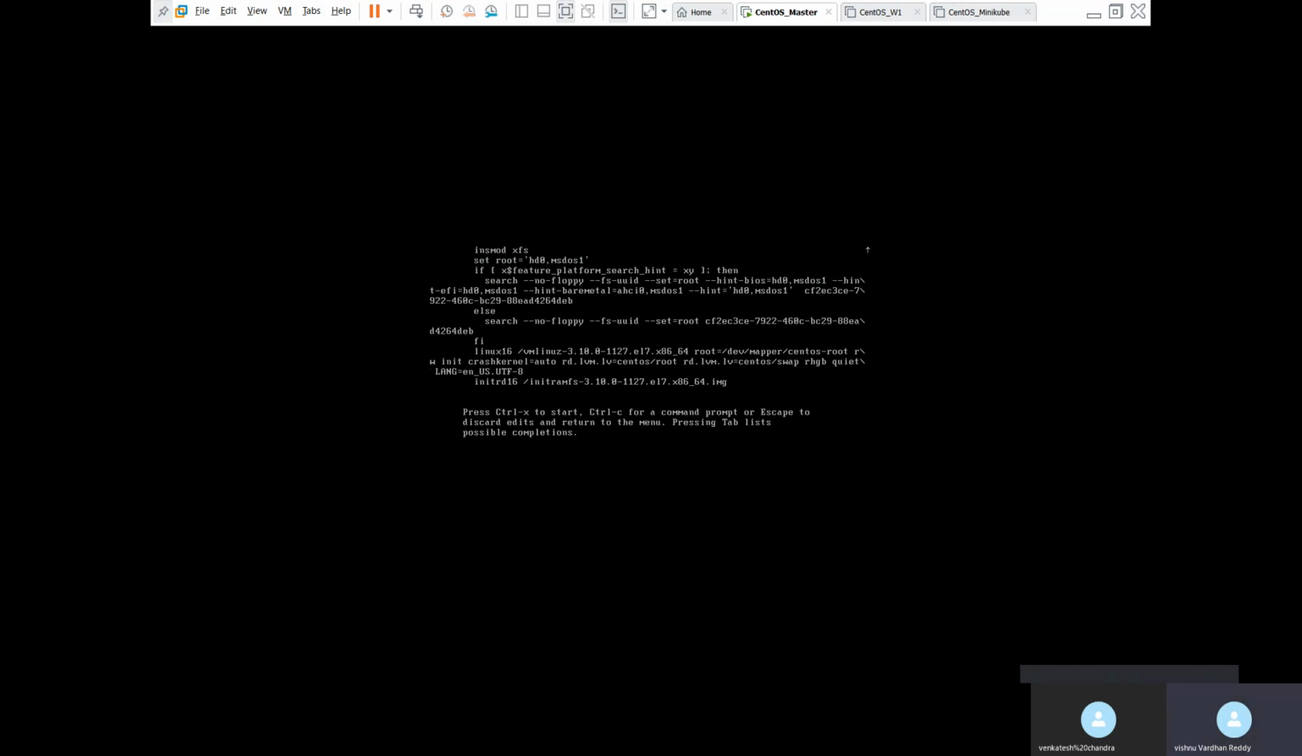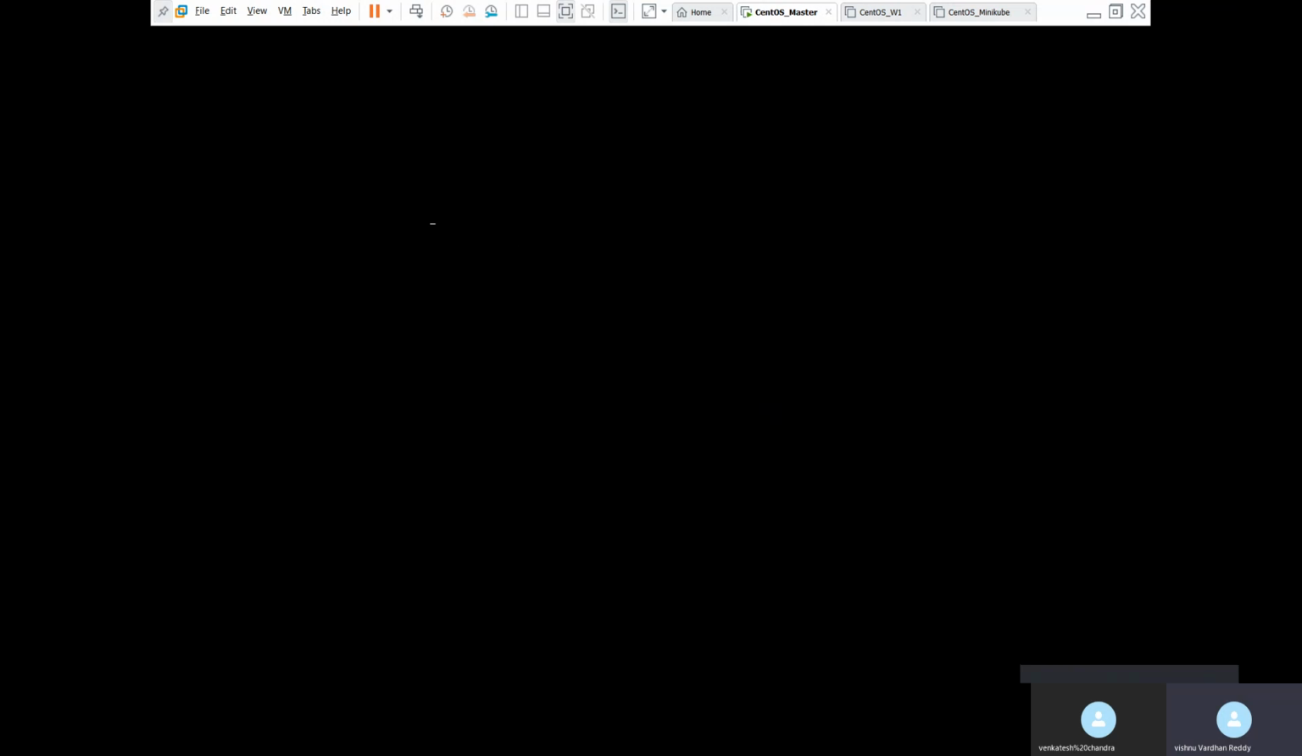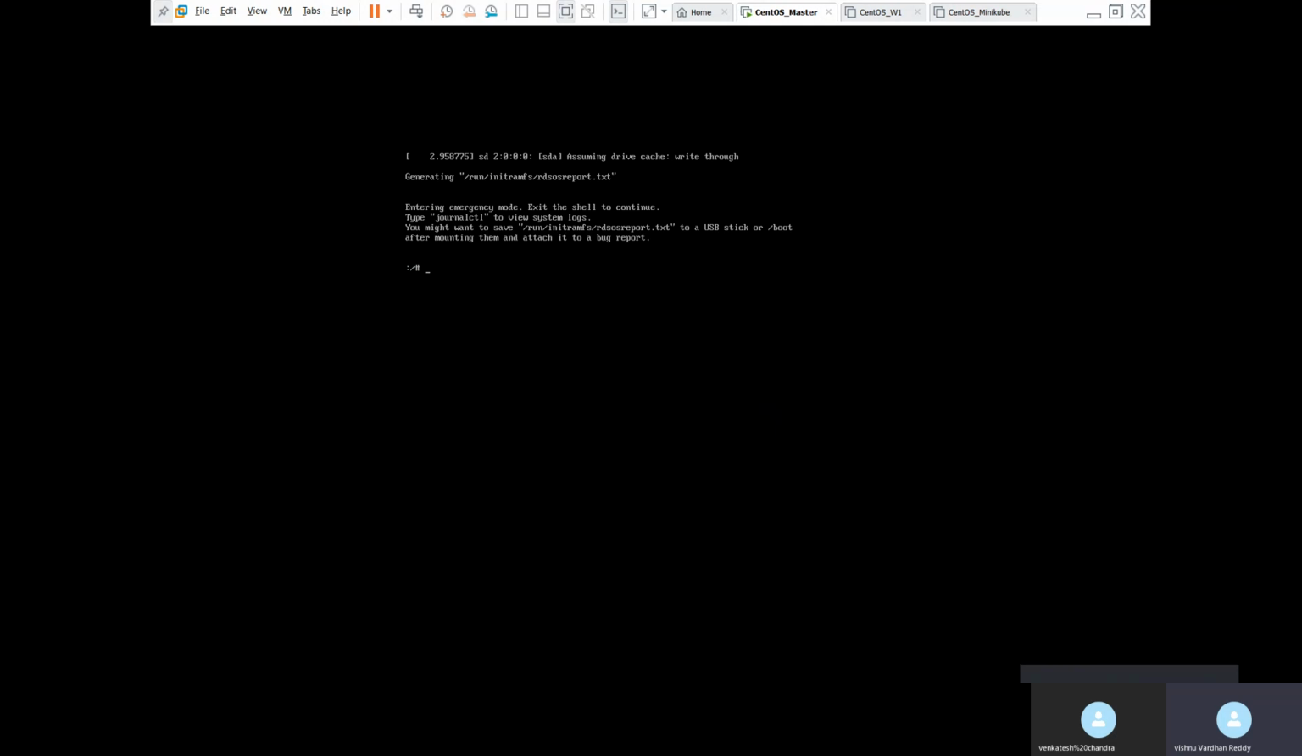init equal to slash sys root slash bin slash sh, and then we need to enter Control X to start. Control X. So what it will do, it will bring you to single user mode. See, single user mode comes, and then here chroot slash sysroot,